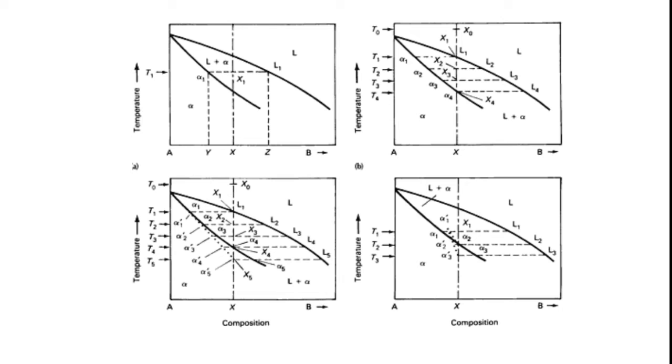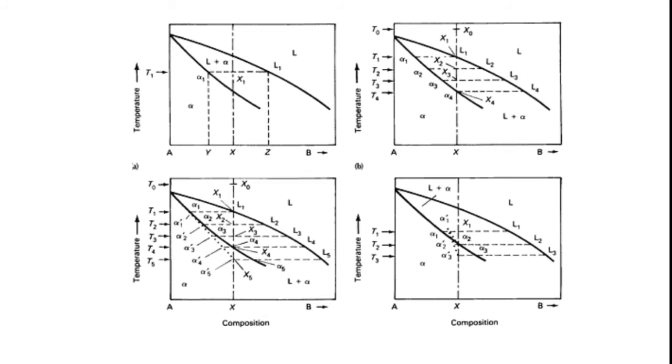The lever rule says that the percentage of the two phases can be calculated with the following formula. The next slide shows the formula, the lever rule. It should be remembered that the calculated amounts of the phases present are in either weight or atomic percentage. Okay, now you may be aware of percentage of atomic weight and percentage of weight fraction from my previous video. Here the lever rule is expressed by a mathematical expression as follows.